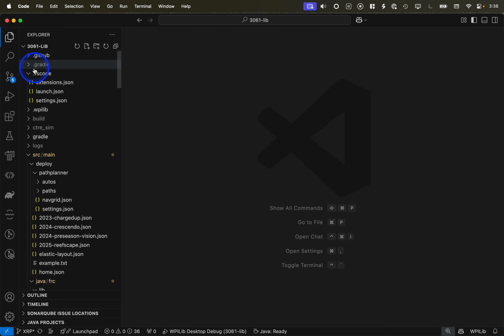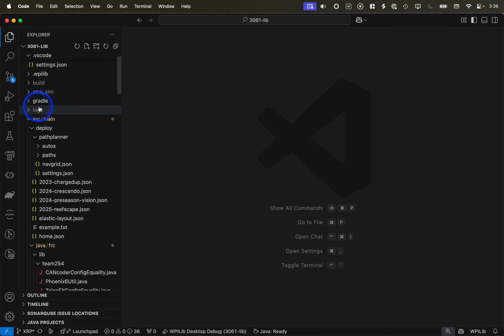There is a .vscode folder here, which we'll look at some of these files later, but these don't need to be changed often. But it is something we'll touch on, as well as the WPILib folders and the Gradle folders and stuff like that. But we're more interested in source files. So the standard approach is to have